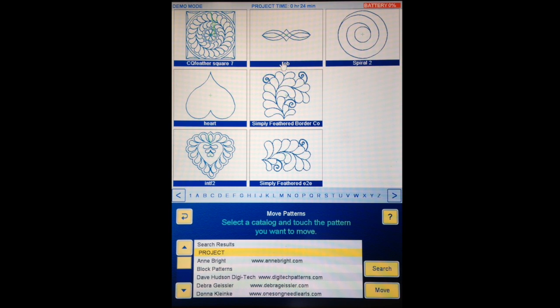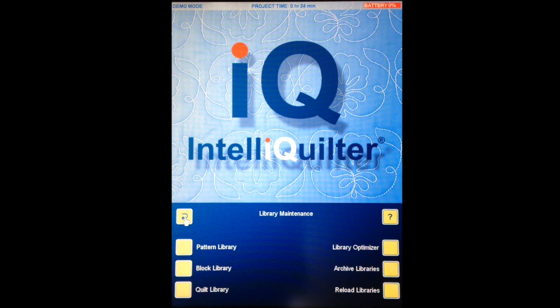this project. So I'm going to back out of here. I'm going to back out to the main menu, and now we'll start working on them. So some of those patterns I'm going to use to create others, so that's what we're going to do next. So I'm going to go design sew quilt,